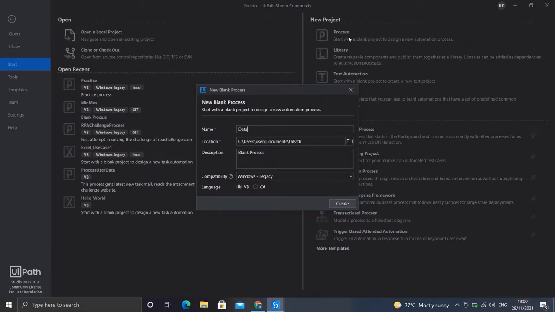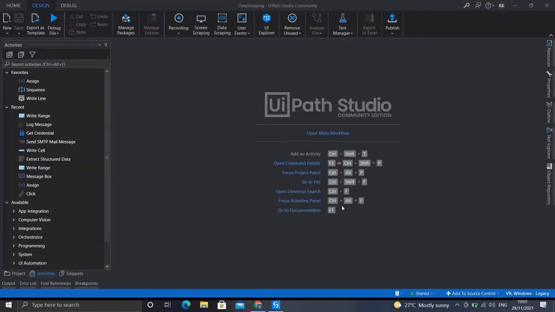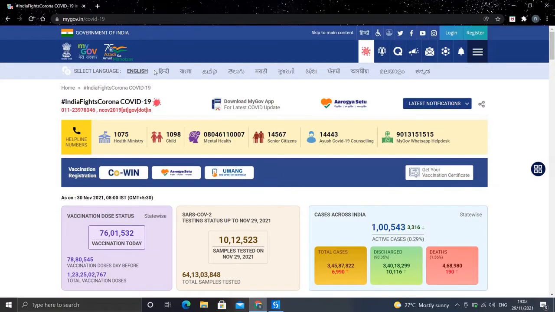Let's name it data scraping and hit create. Now let's open our main workflow. Now let's see what we'll be doing in this process. In this process, we are going to go to this website